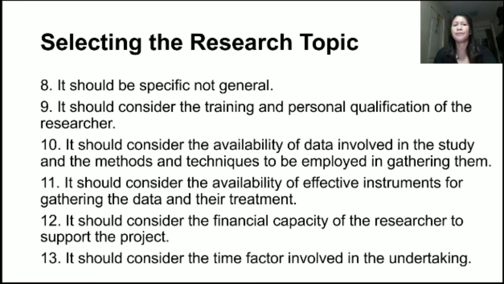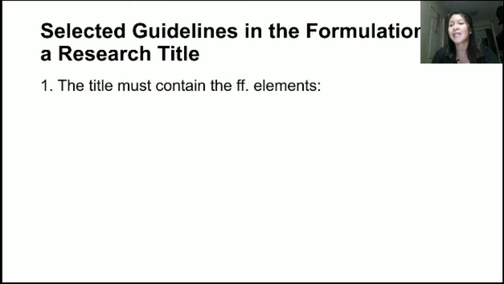We have here selected guidelines in formulation of a research title. Number 1, the title must contain the following: research subject, setting or locale of the study, respondents or participants involved in the study, and time or period when the study is conducted. For example, your title is like this: Factors affecting the academic performance of senior high school students of Malinta National High School